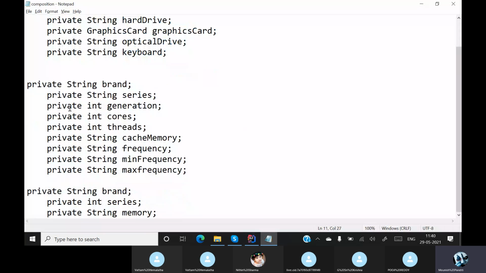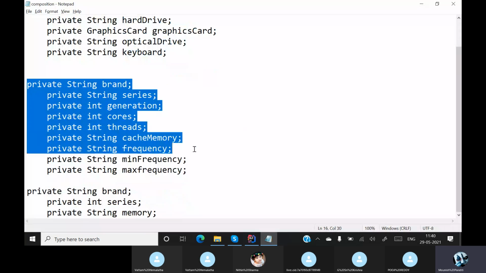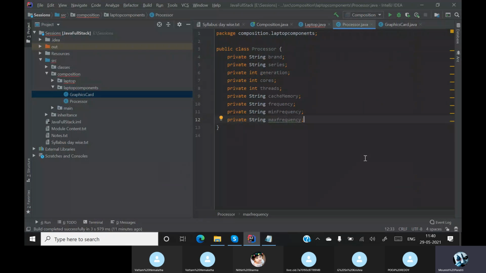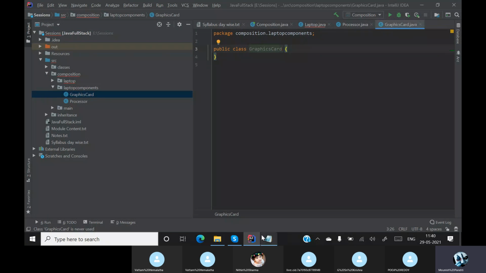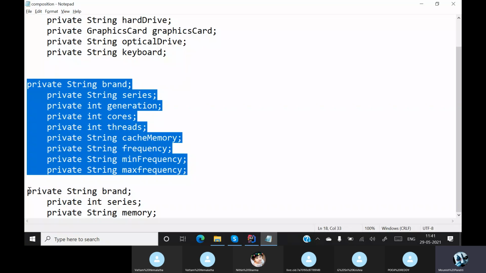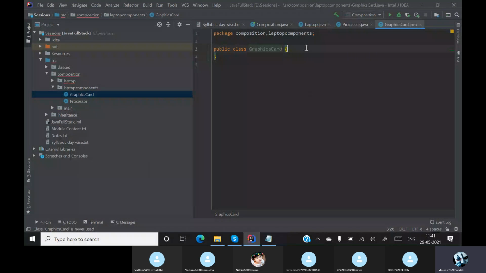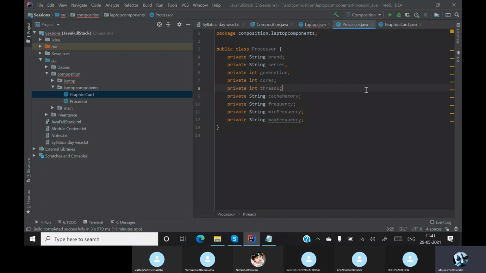Okay, so what are all the properties of a processor? I've already written here. So these are all my processor components. Okay, what are all my graphic properties? These are all my graphic properties. If you have an idea what is a graphic card and what is a processor, it will be very good.